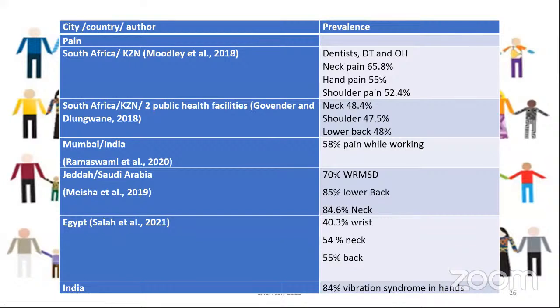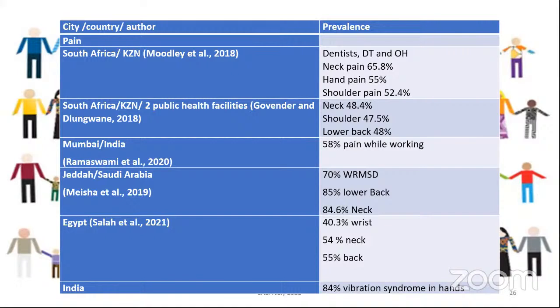Pain prevalence among dental practitioners. Musculoskeletal disorders, neck pain, hand pain, shoulder pain is very prevalent among dental practitioners. Studies done in South Africa by Govender and Langwane et al. Govender and Langwane in 2018, they looked at 2 public health facilities, and they found around 50% prevalence of neck, shoulder, and lower back pain. Studies conducted by Moodley et al. also showed